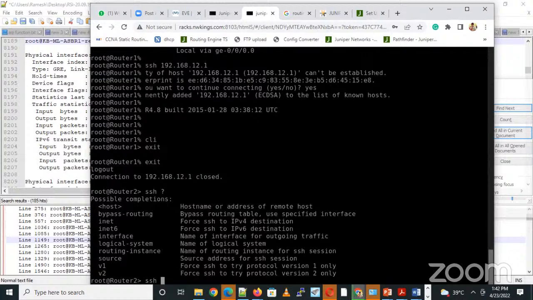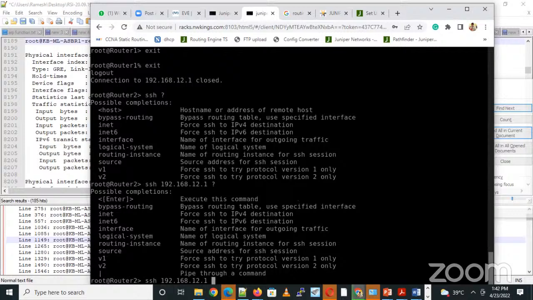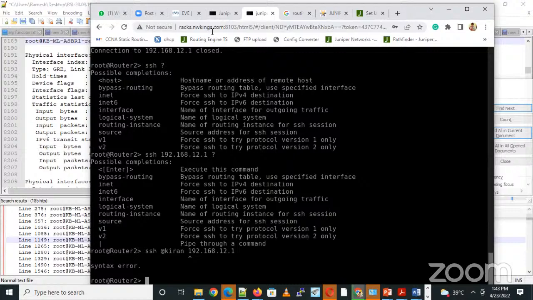Give the host 182.168.1.12.1. Cannot bypass. User Kiran, right? One moment, let me check the